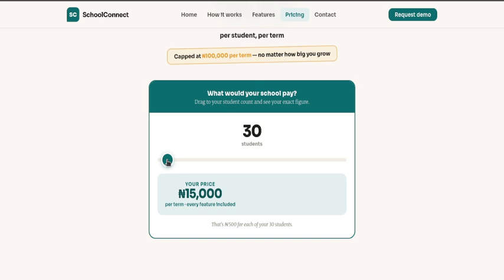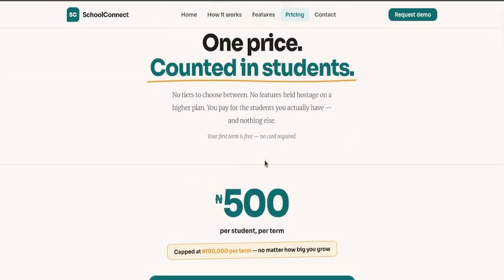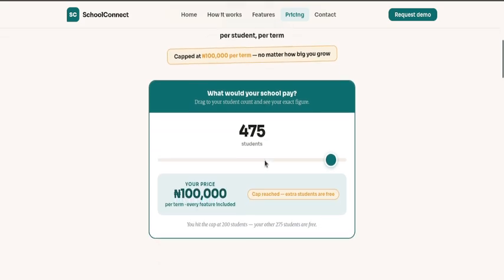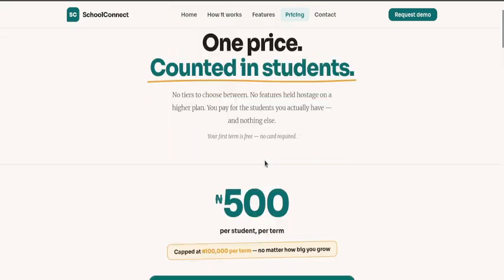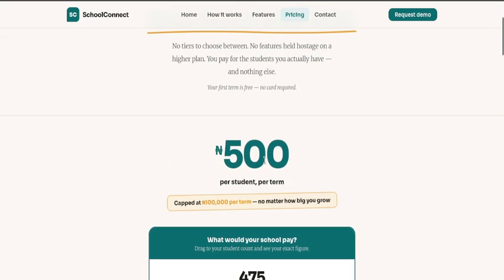It's actually a pay as you go system. So the more you grow, the more you pay, and even that is not endless. The moment you get to a particular stage, you pay nothing more. If you have 500 students, you pay nothing more. Check it out on our website. Go to our fees tracker and check out what you can pay for the number of students you have. But it's reasonably priced at 500 naira per student for a complete school management system.